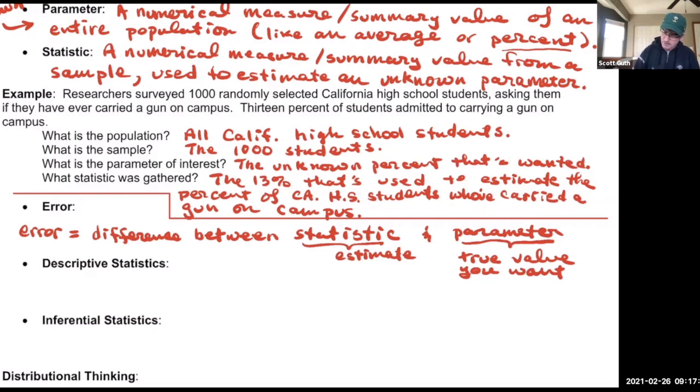Okay, so again, parameters are typically unknown. And error is sort of the thing we need you guys to really grapple with in this class. If you remember this notion that error, everything you do is an estimate and therefore it will have error. That is, you're working with sample data and hopefully your sample is representative of some population, but that doesn't mean your statistics are going to be exactly right. They will not be. And the way that you get this estimate is very closely related to how big your errors are. So we have to do statistics in a way to minimize error, but even having done